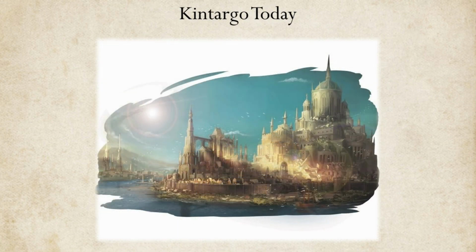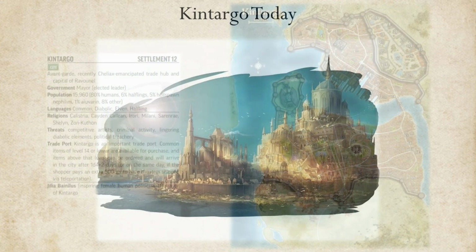Kintargo Today. Kintargo is called the Silver City, a name which many attribute to the unique silver veins which run through much of the stone which makes up the city's buildings. Kintargo is a wealthy city, benefiting from its position at the terminus of the Yolubilis River. In addition to serving as a way station for ships traveling from the Inner Sea to Varisia and beyond, Kintargo also serves as the primary site of export for Ravenel's main export goods: salt, silver, and seafood, especially salmon.